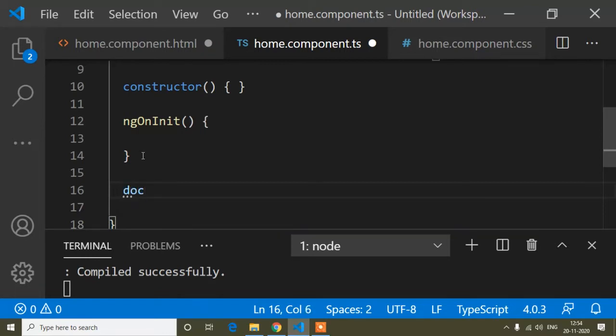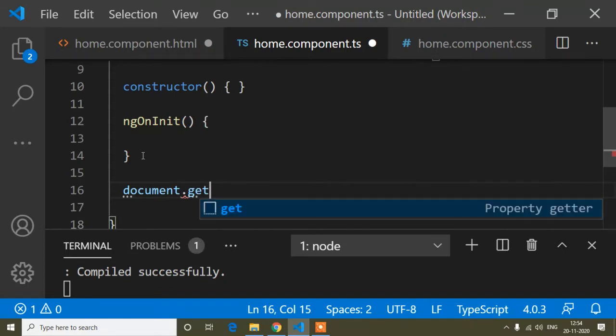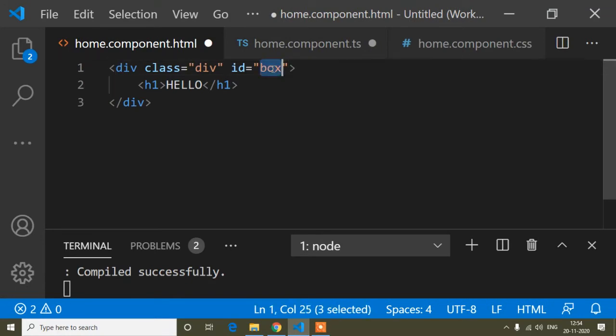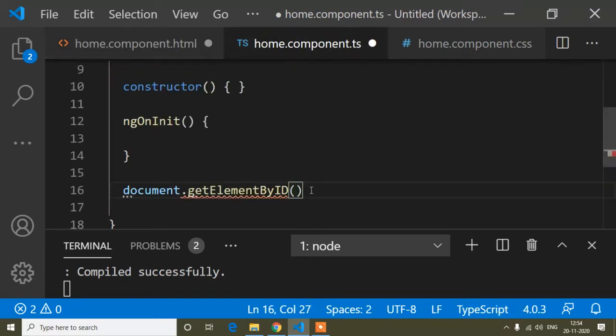In JavaScript we write document.getElementById, and we write this ID name. This is what we use in JavaScript.